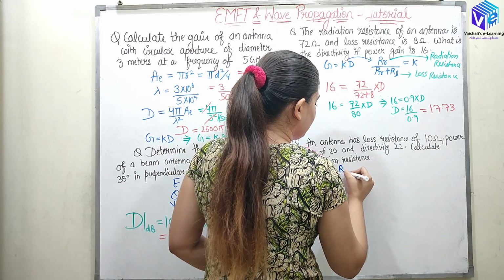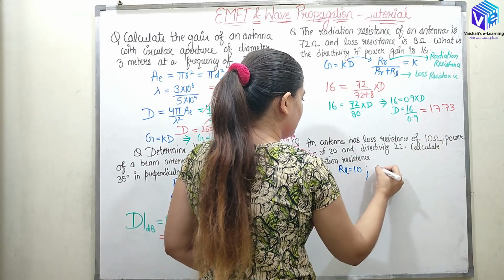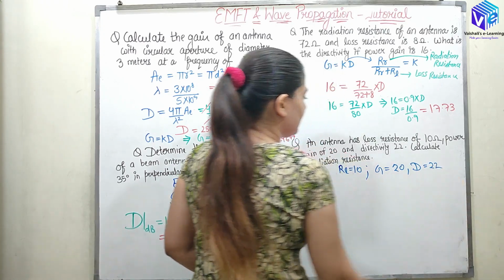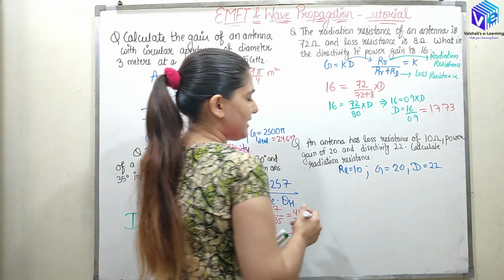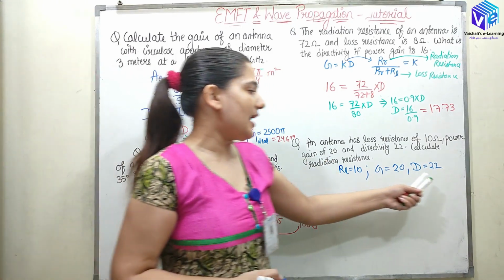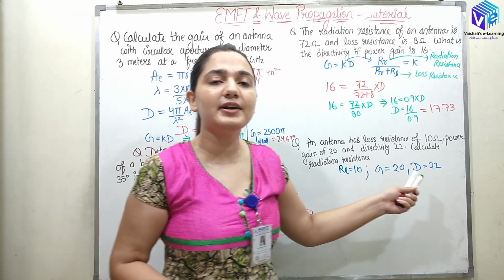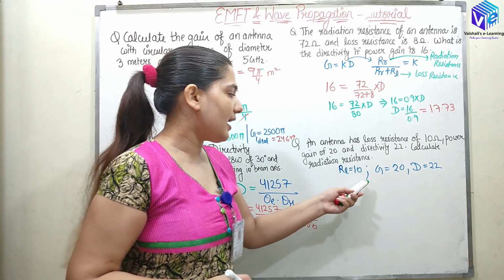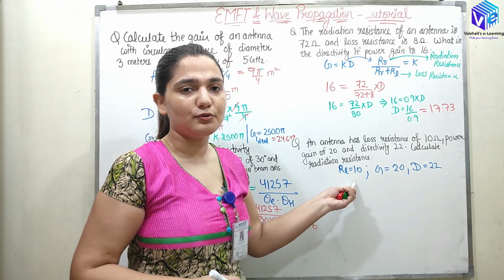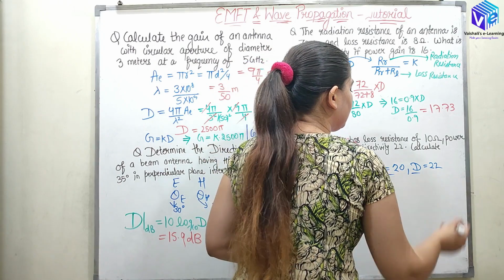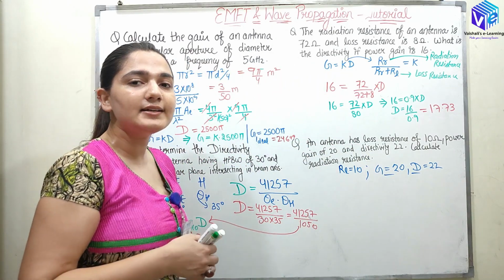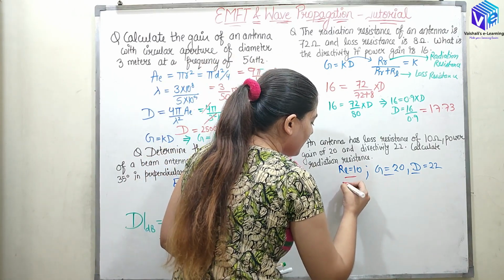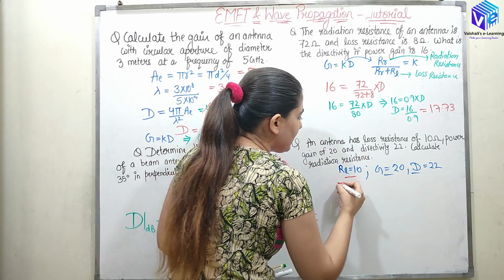Three parameters are given. I need to calculate the fourth parameter. Okay, so I am given with RL. RL is 10. So power gain is 20. Directivity is 22. Now I need to find out radiation resistance, because gain and directivity are having different values. So radiation resistance will be a parameter and loss resistance is not 0. So when gain and directivity are not equal, we can conclude that there is some loss resistance present, and this is present here also.